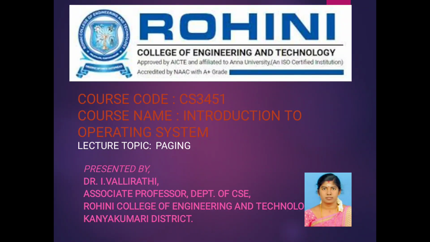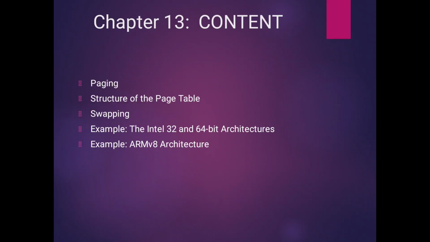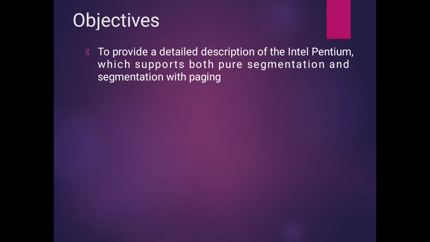In this presentation, we are going to discuss paging. So the contents are paging, structures of page table, swapping. The examples: the first one is the Intel 32 and 64-bit architectures and ARM version 8 architecture. The objective is to provide a detailed description of the Intel Pentium, which supports both pure segmentation and segmentation with